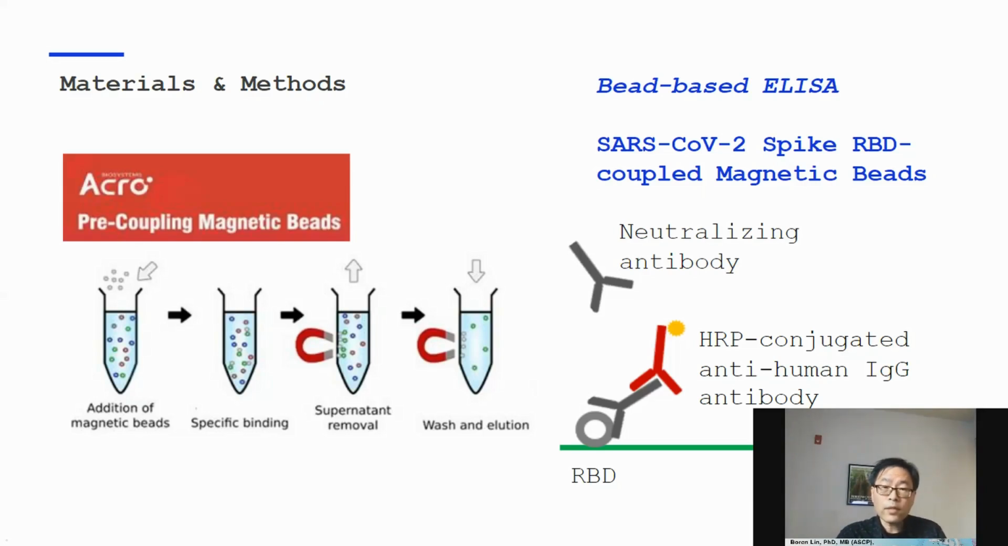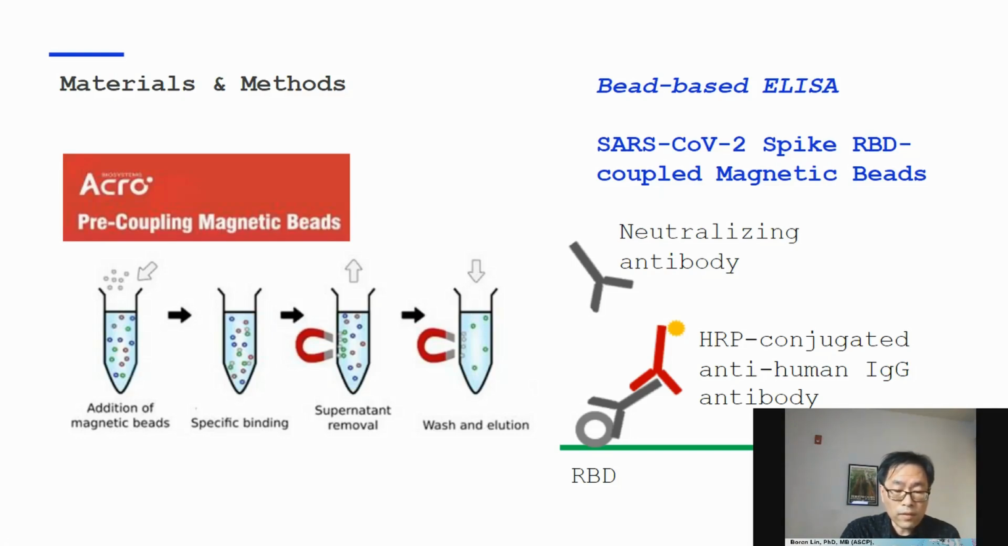For example, this one is RBD conjugated magnetic beads for a COVID neutralizing antibody test. And the reagent is from Acro Biosystems. The beads are resuspended in the sample, allowing the RBD to bind to the neutralizing antibody. And since this neutralizing antibody is human IgG, an antibody against human IgG carrying the enzyme is then used for